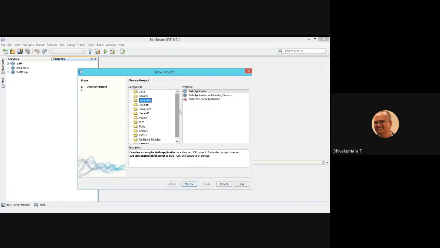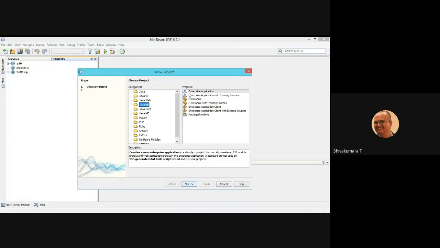In the list of categories listed in NetBeans, the fourth option is Java Enterprise Edition. This category supports creating an enterprise application.